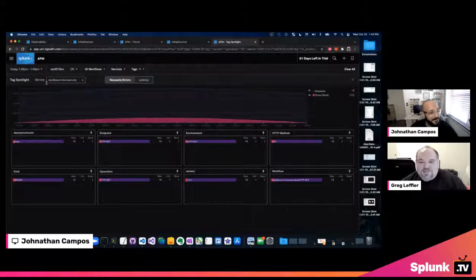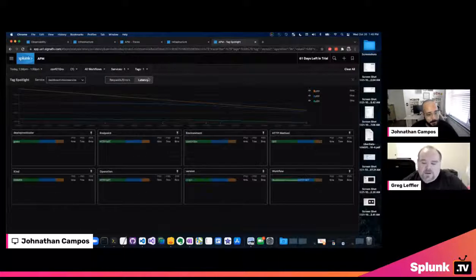So if you really think about all the dimensions where things can break, this is a great way to see them all at once. These are the various things that could be contributing to my performance issue or my bug or whatever. There's only one dimension for all of these tags right now, but in a real deployment the value would be that you have those multiple dimensions and you can see them all in one place. We call this Tag Spotlight. It's really powerful to look at what's going on broken down by those tags across your entire infrastructure.